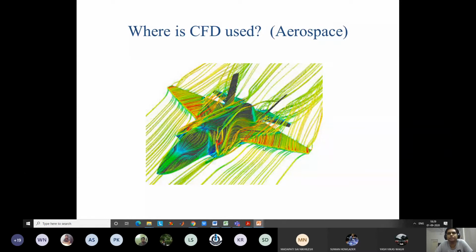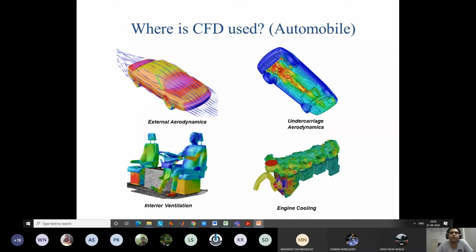So there are different aspects of aerospace: flow over the wings, lift, drag, then flow through the gas turbines, or flow from the rocket engines. All this needs to be studied. Not only there, whatever is the flow circulation inside the aircraft, cooling, how the cooling is occurring, whether the oxygen circulation is sufficient or not, recirculation of air. So all these are very important. Okay, so this is one important aspect.